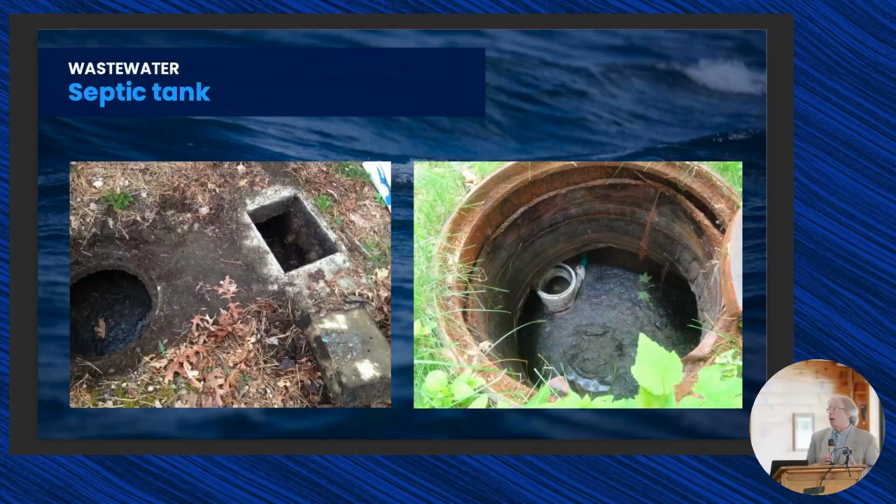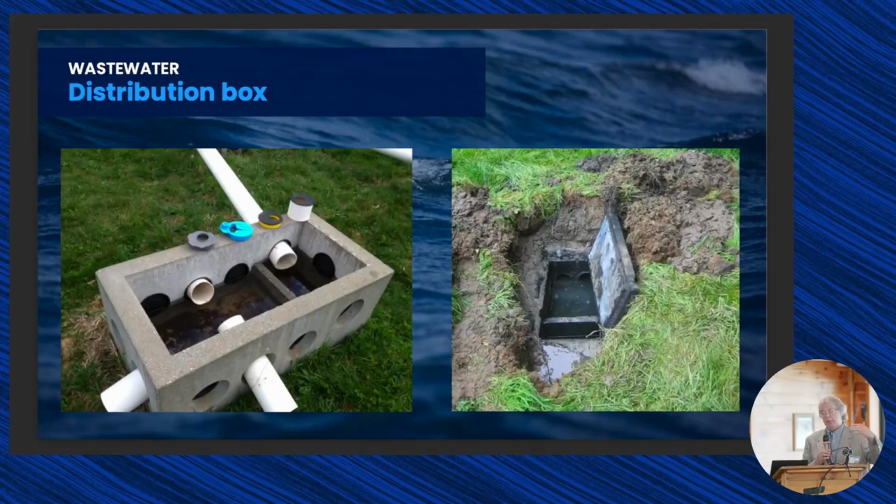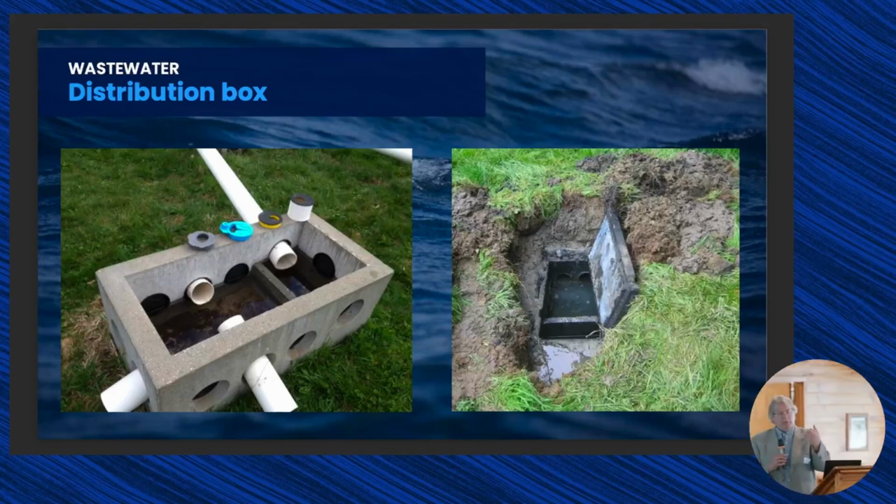The distribution box, again, comes out of the septic tank, trickles down to here, and then you want to distribute this evenly across your absorption field. It's very important because this water is kind of trickling. Sometimes when you pump, it'll come in at greater volumes. So they actually have these things called